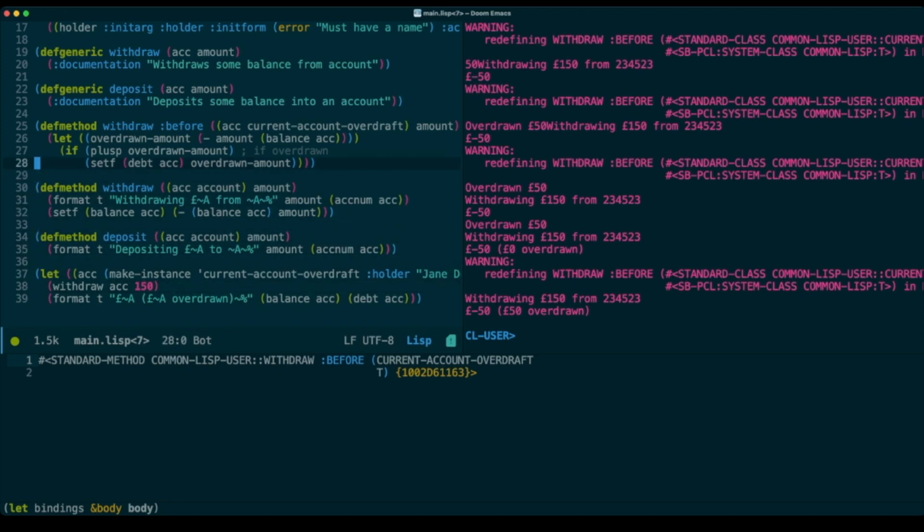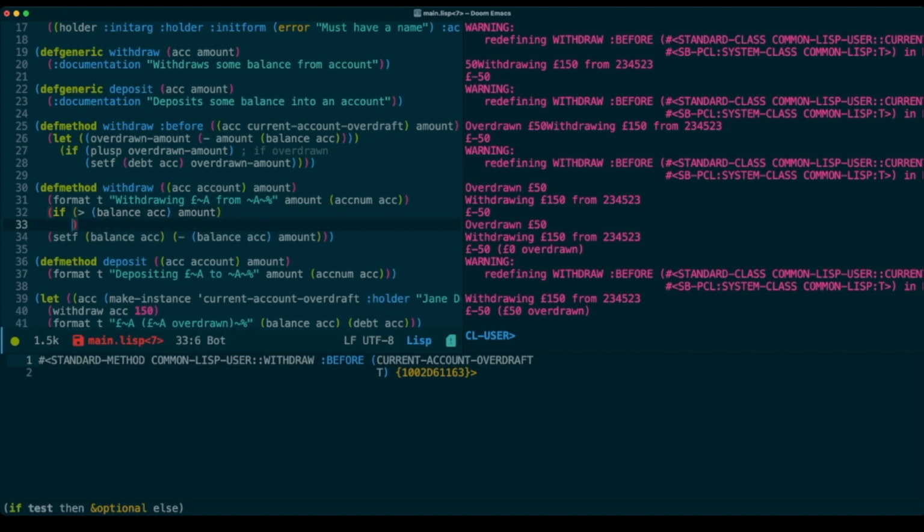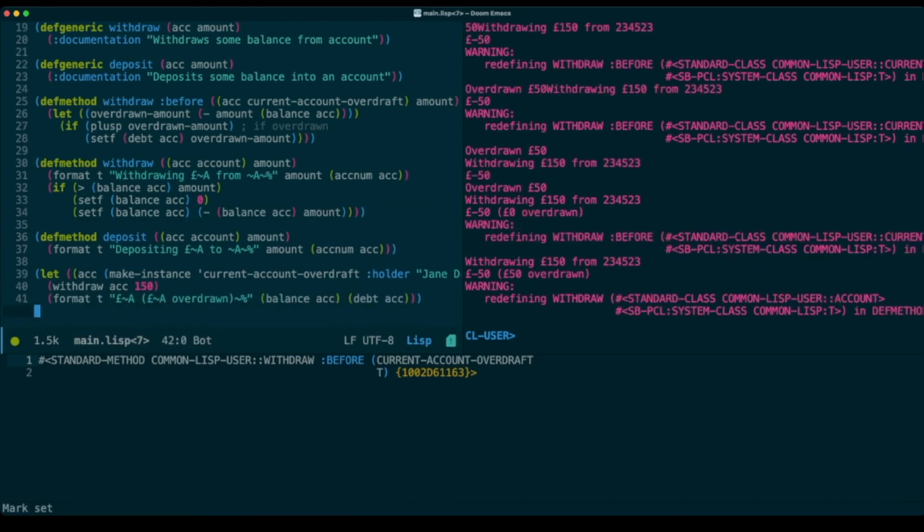So let's say that when we withdraw, we then basically say if amount is bigger than balance account, then we set balance account to be 0, else we just deduct it. If we do this now,